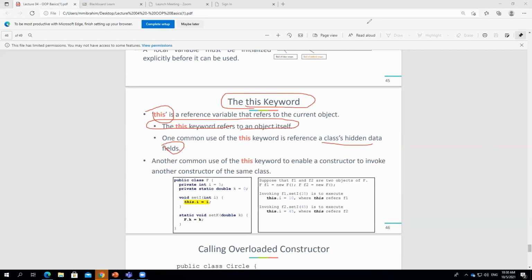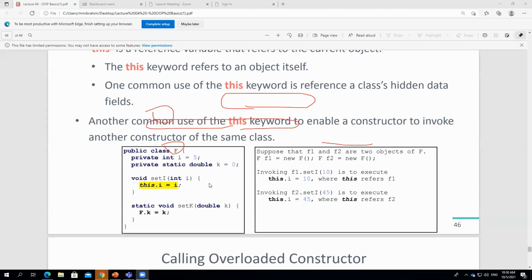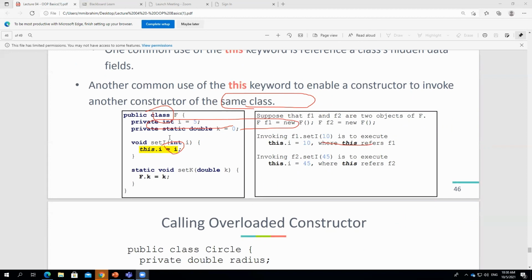As an example here, can you see? Look at this. We have public class F, private int i, and private static double k equals 0. Now here we can use this one. Set i: this.i equals i. Also set k equals k. So I can use the word this here, and also